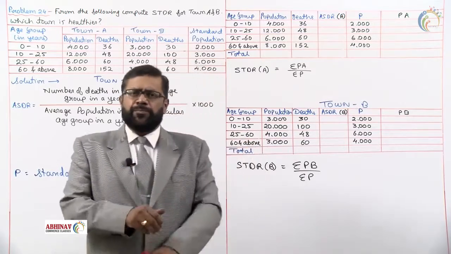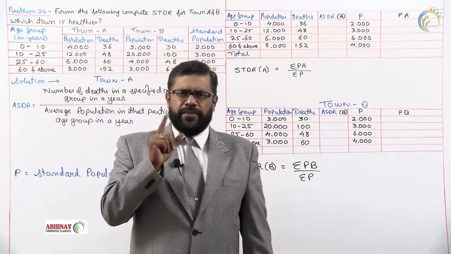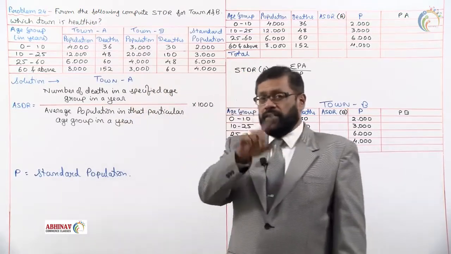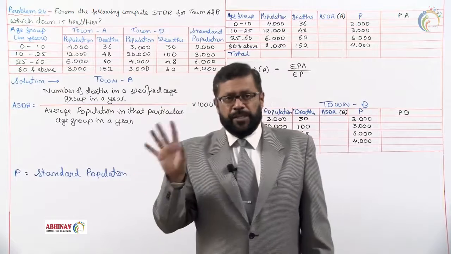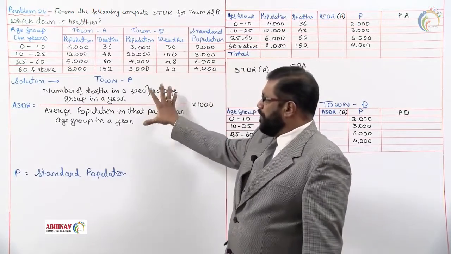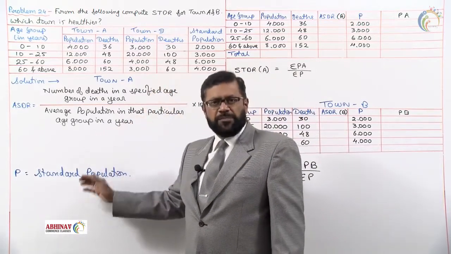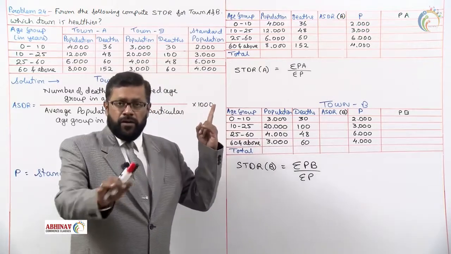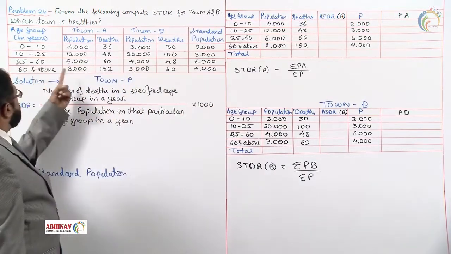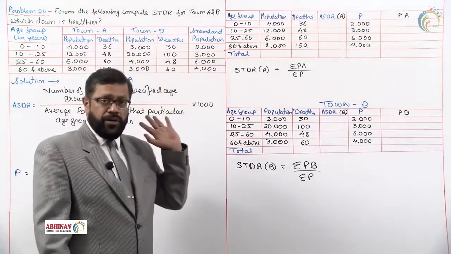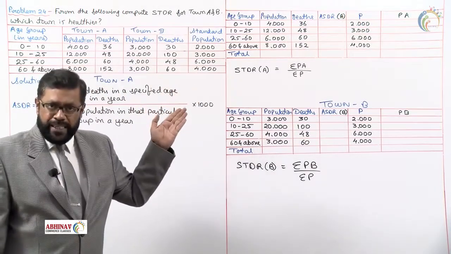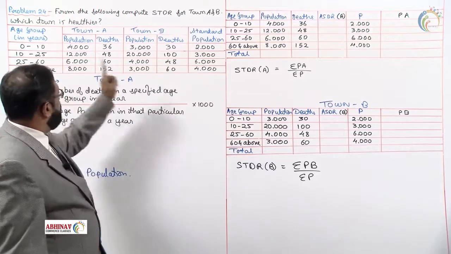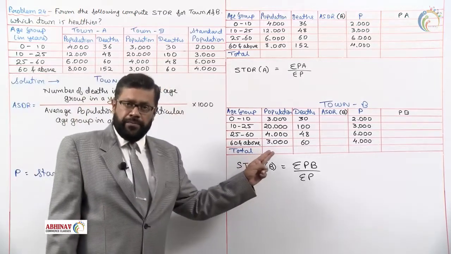Now when you get this problem in the examination, first, the ASDR formula. Whether it is ASFR or ASDR, at least one calculation must be shown. Write the formula of ASDR, leave some 3-4 lines, specify what is P, and prepare the table for town A. Age, population and deaths of town A as recorded. Leave the space to calculate STDR. For town B, take the age group, population and deaths of town B.